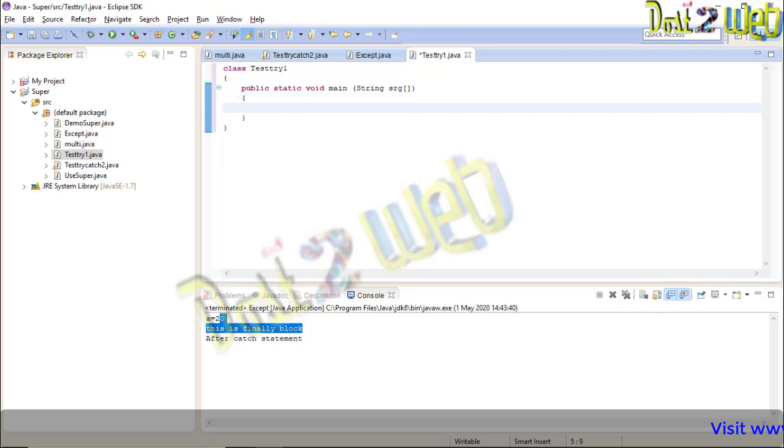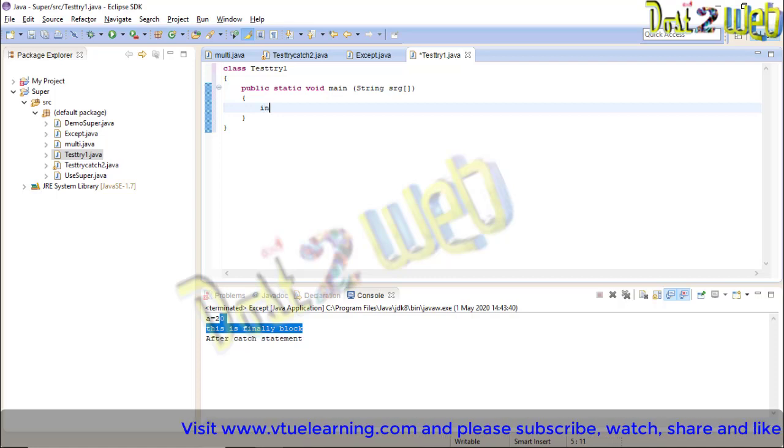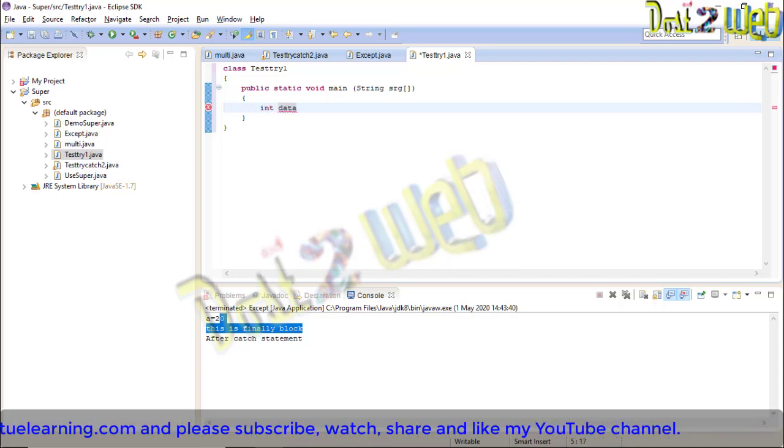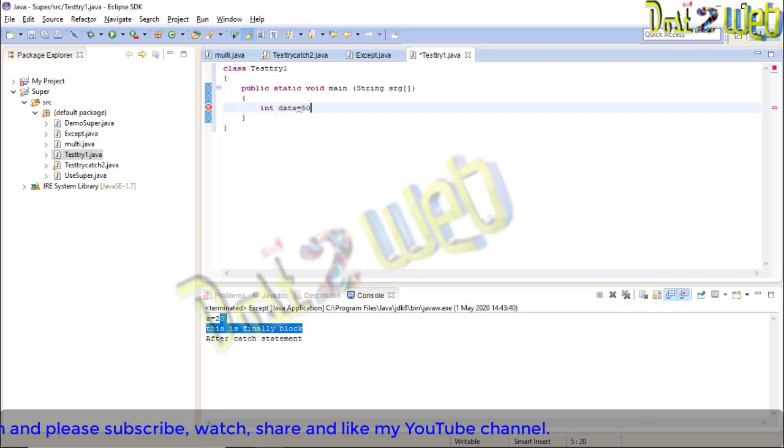Now what you are going to do? We are going to divide the number. Okay, any number division by 0. So I'll write int data is equal to 50, or any value you give it, 50 division by 0.